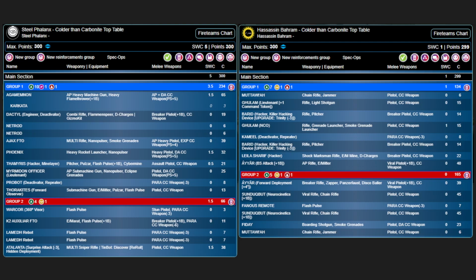Fine, 13-point pace. Combat Group 2, we then have a fairly light selection of pieces. We have a Warcore. Now, I believe that Colder Than Carbonite did play with ITS 16.2, which means that the Warcore will be a specialist, but it didn't play with the special tactical options that you get in each mission. So the Warcore, I think, would be a good choice regardless of whether or not it was a specialist. The fact that it's a specialist makes it an excellent choice, but it's still there's only one irregular in this